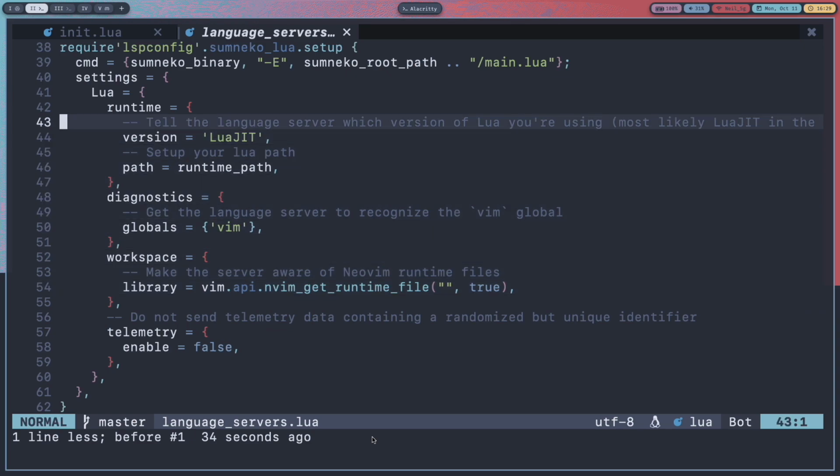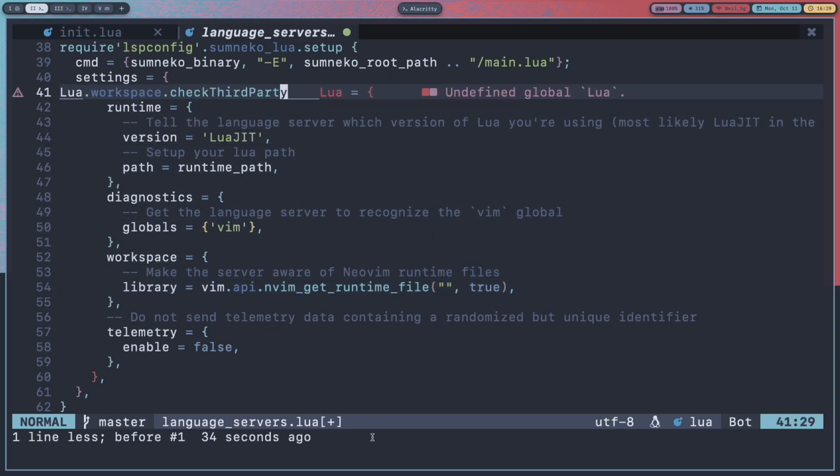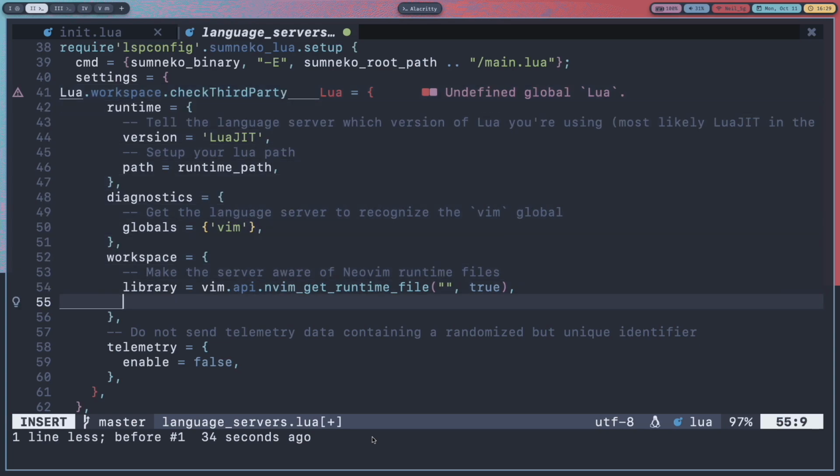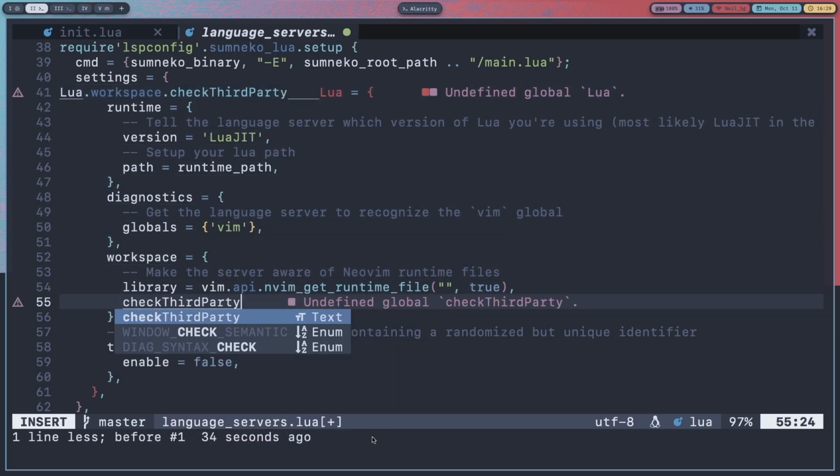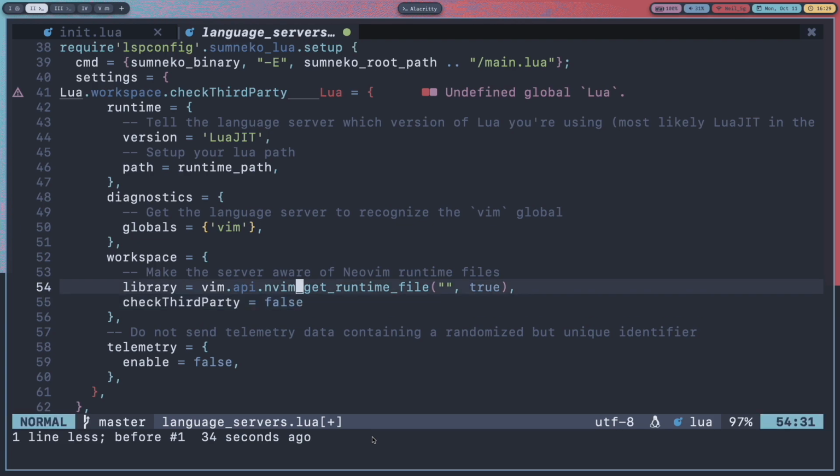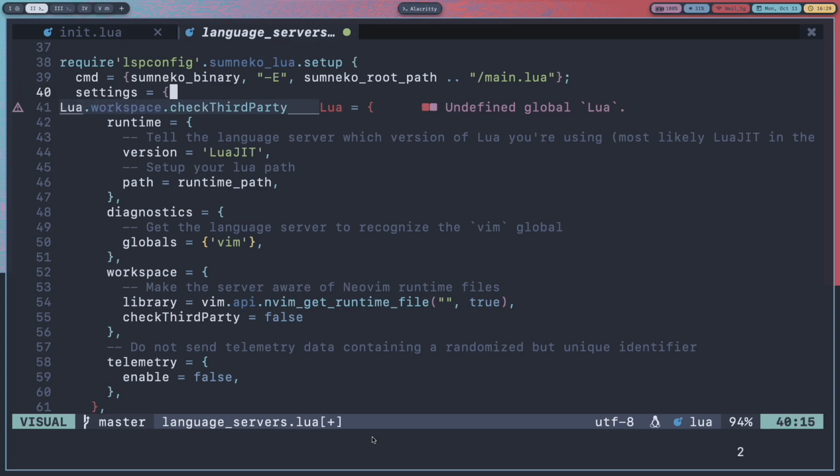And then if I paste it here, Lua.workspace.checkThirdParty equals true. Okay, workspace checkThirdParty here, checkThirdParty equals false, and I'm just going to delete this part here and add some indentation also.